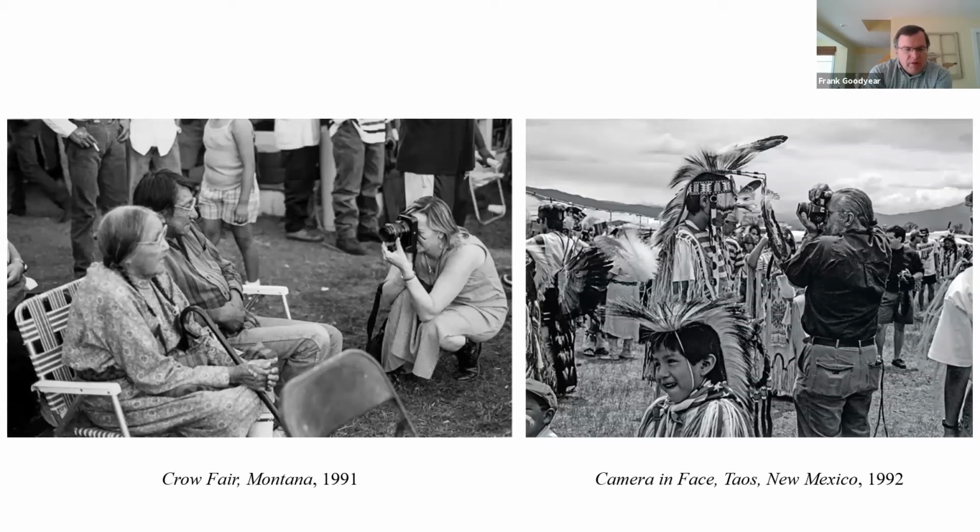2 years ago, the museum acquired 6 of Jackson's photographs. The first 2 works that I want to share are from his series titled Indian Photographing Tourist, Photographing Indian. Created in the early 1990s, this body of work investigated, with his characteristic acerbic wit, the non-native tradition of photographing native bodies. The images here suggest the type of assault and violence endured by native peoples since the advent of photography